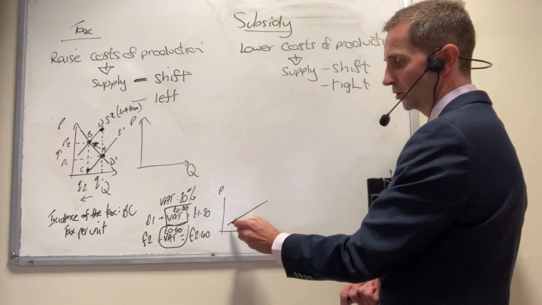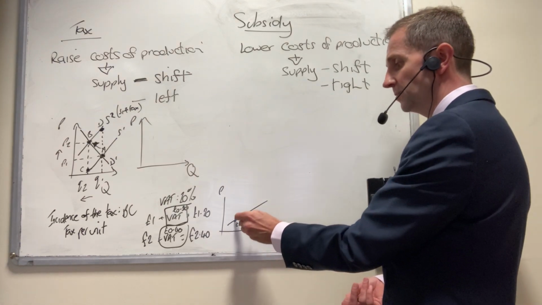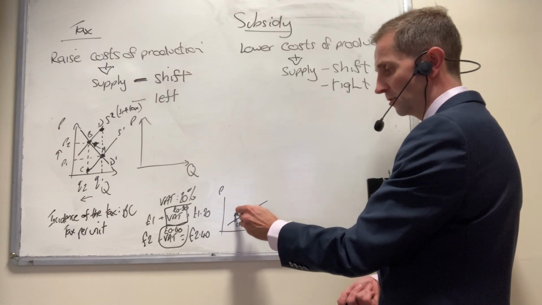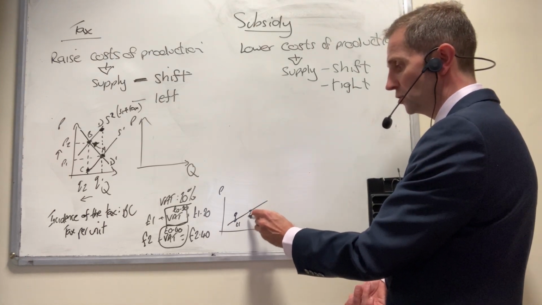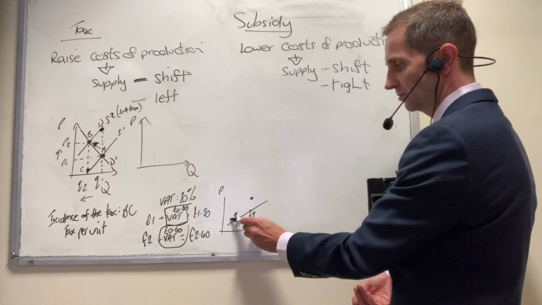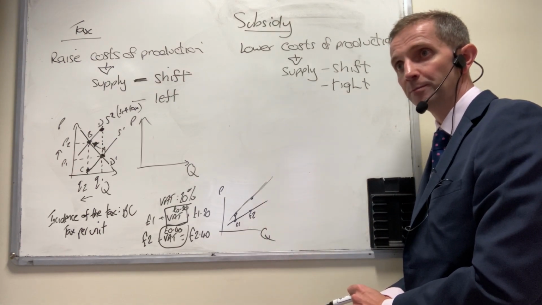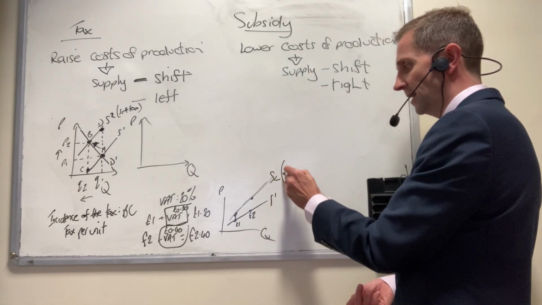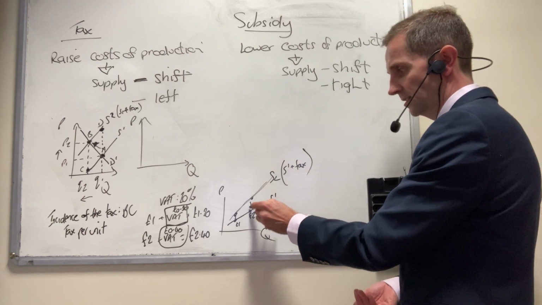So this might be our good, which is £1, but to that £1 we only have to add 20 pence worth of tax. So that'll be the point on your new supply curve. That's equivalent to a 20 pence increase. And then you get to the next one, that's £2, but now you've got to add 40, so that's a bigger gap going to appear. And so that's the reason why we get this divergence between S1 and S2, if you will. S1, but we're adding the tax each time, so that distance is getting bigger.